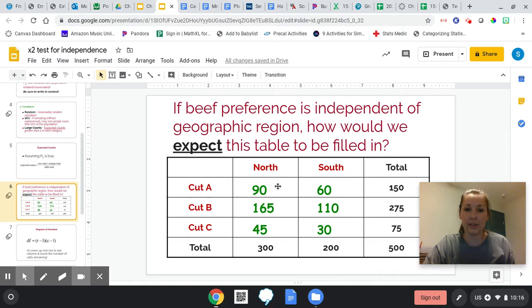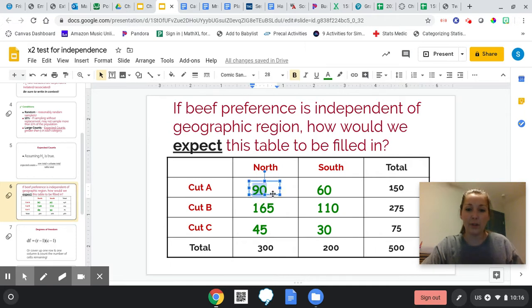This is something about beef preference and geographic region. So it's kind of similar to mine. Imagine that this was sports instead. When I normally run this as a PowerPoint, these green numbers are animated so that they come in as we calculate each one by hand, but I don't think I can do the present and Screencastify at the same time. So we already have the answers ahead of time, but to show you how I got